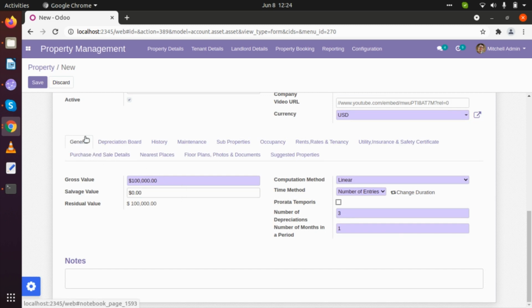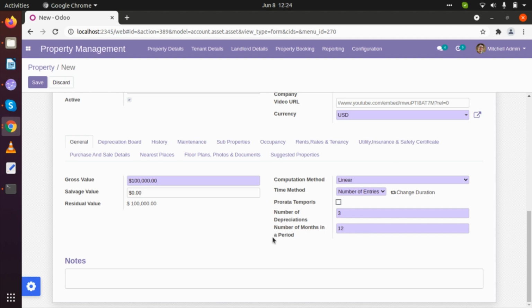Now there are a number of tabs available here. In the general tab, its gross value is here, its salvage value is there. If there is any computation method for our depreciation, you can also select that. If pro rata temporis is available, then we can also check how many depreciations are needed and how many months in a period we want.